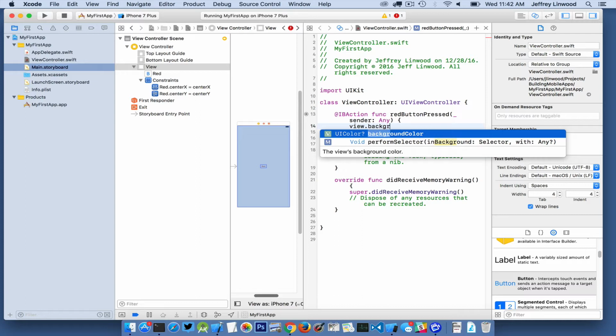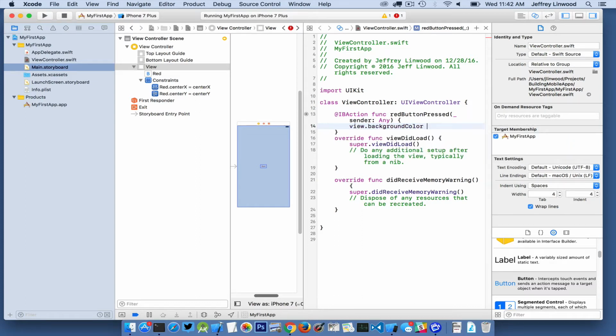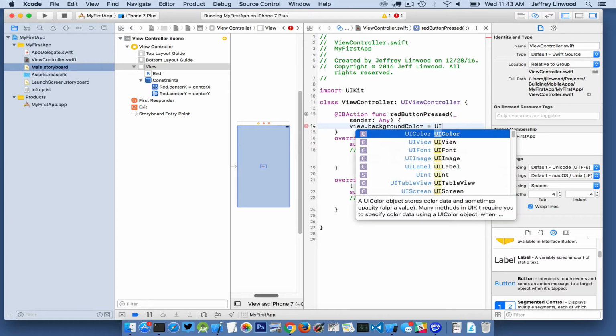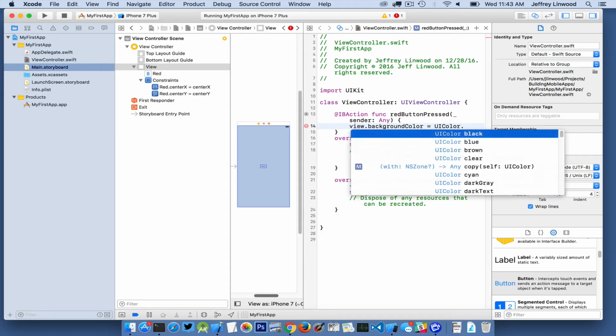So go ahead and pick background color. And then press the space bar. And what we're going to do is we're going to set the background color. So the view represents what you can see underneath the button, so it's going to be the entire background view of the app. And we can set properties on the view. One of those properties is the background color. And if we set view.backgroundColor equal to UIColor.red,